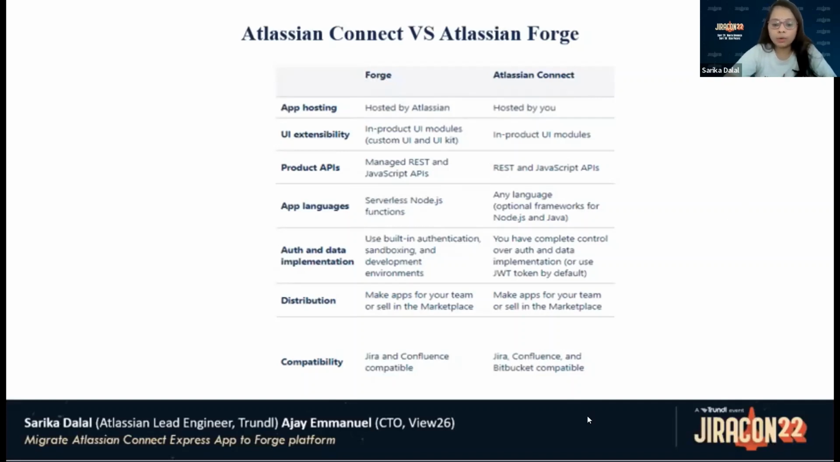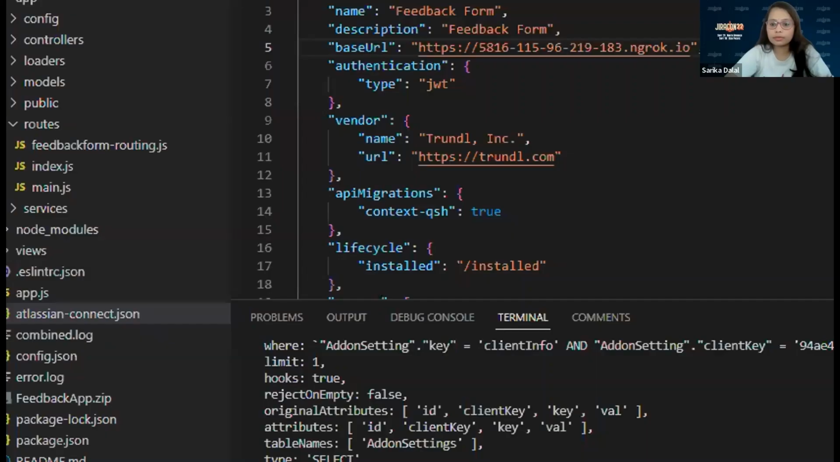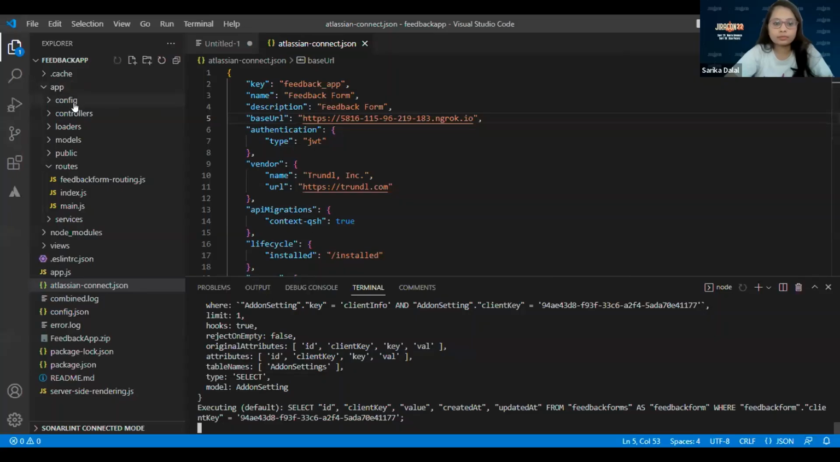Now let's talk about the walkthrough of an existing Connect app. Here, if you see, I have already written it. Let me just share my screen. Yeah, so as of now, you can see I have shared